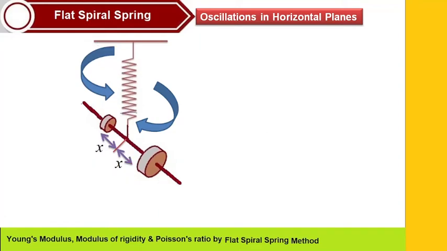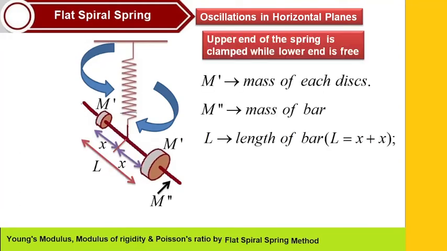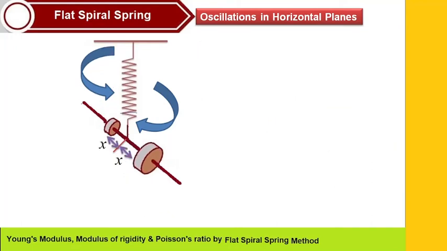See how that system oscillates horizontally. It is shown with the arrows in the diagram, and how distance changes like this, and take the oscillations after changing the distance from the central point of the bar.